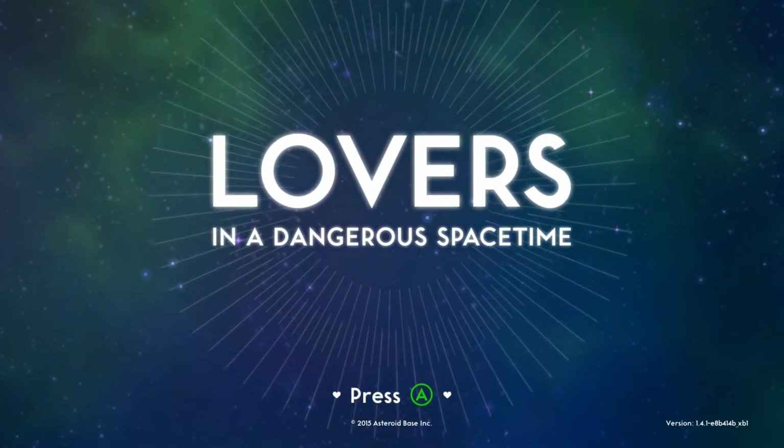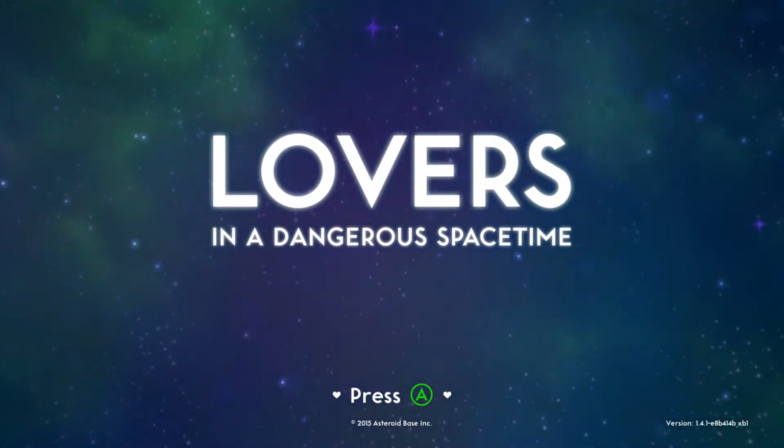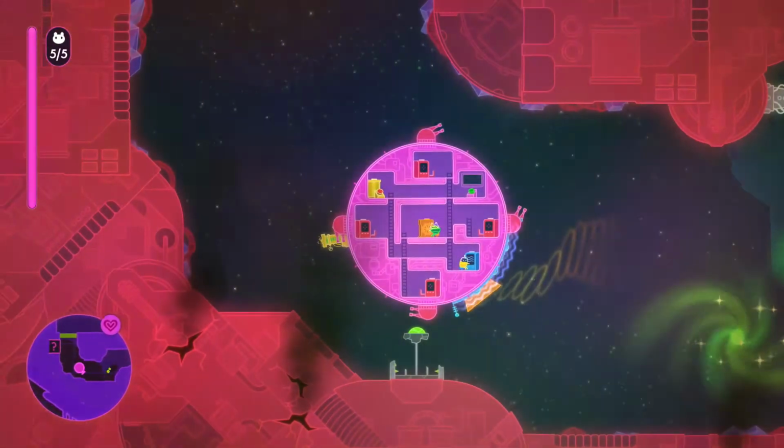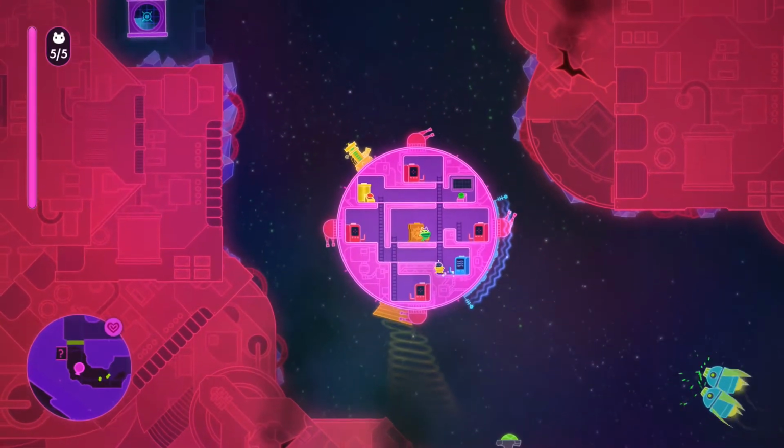Jiro here for Umbra Games with a review of Lovers in a Dangerous Spacetime, played on Xbox One, courtesy of Games with Gold. Available since September 9th, 2015 on Steam and Xbox One, but also made available on PlayStation 4